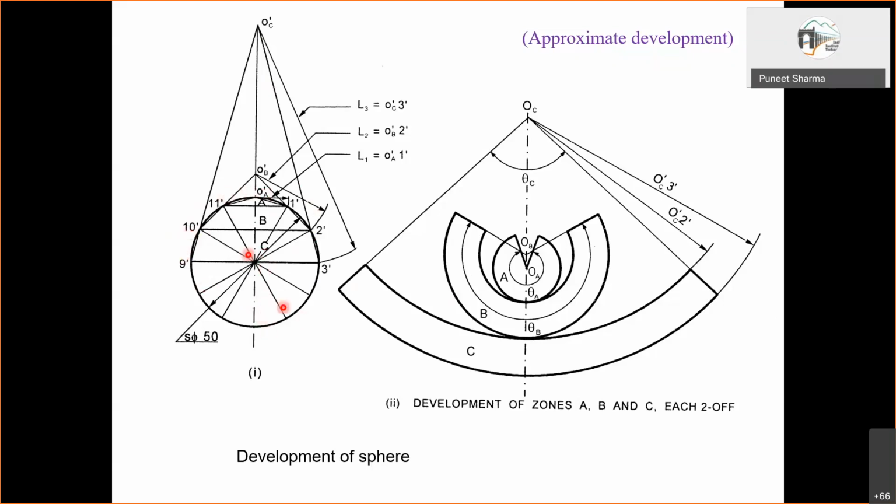Whatever divisions we do, that is our choice. And beyond that, this line, see, this is a diametrical line, right? So suppose if I cut this in the front view, suppose if you have the section plane, this upper part will be like only a hemisphere. Is that clear to everyone or not?